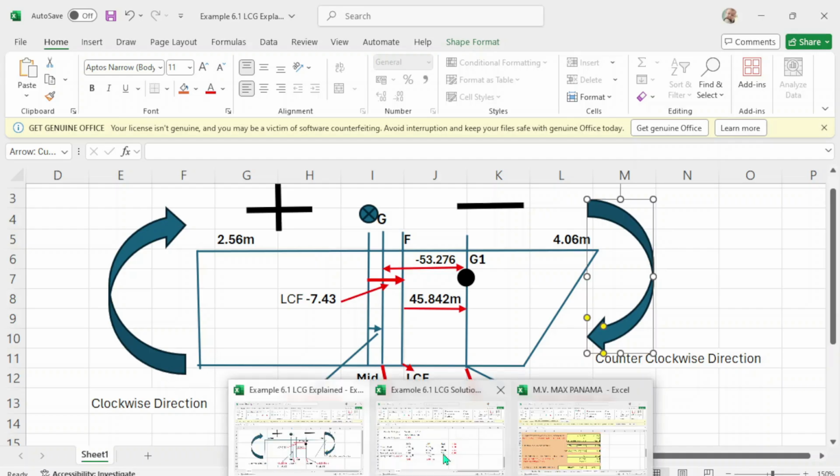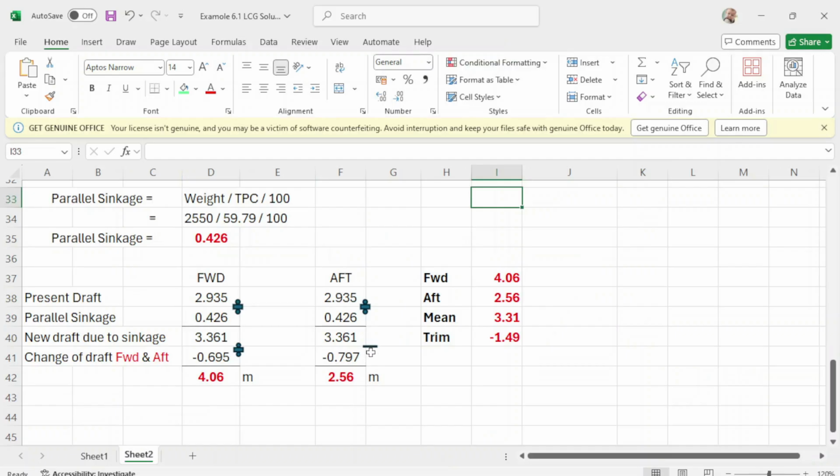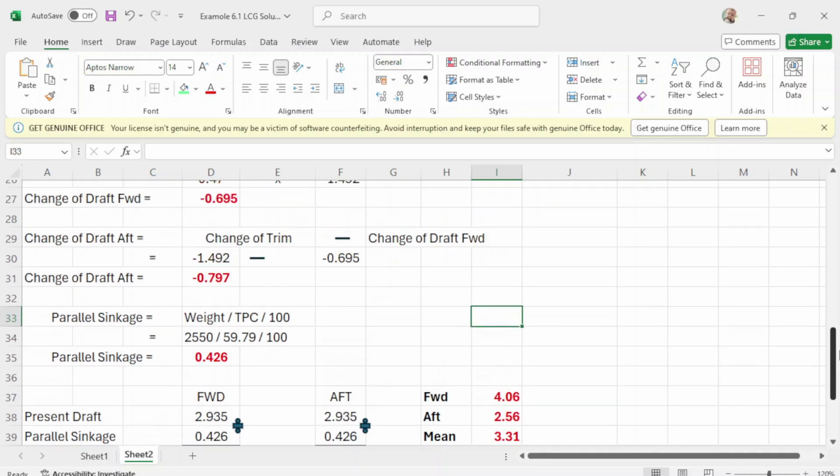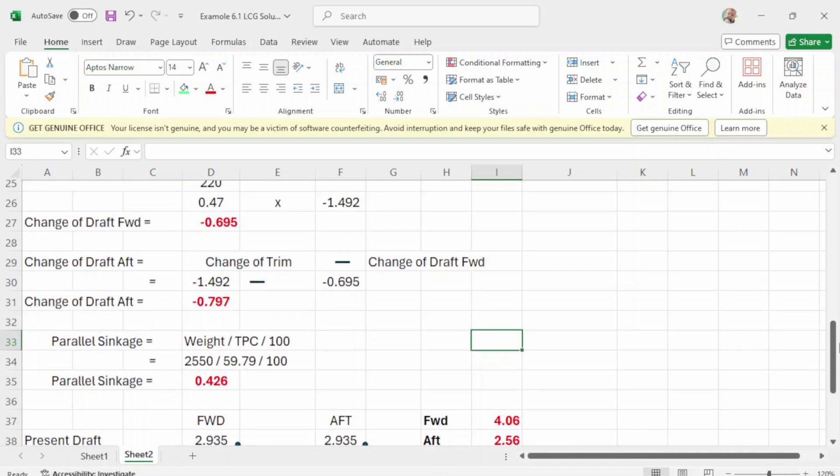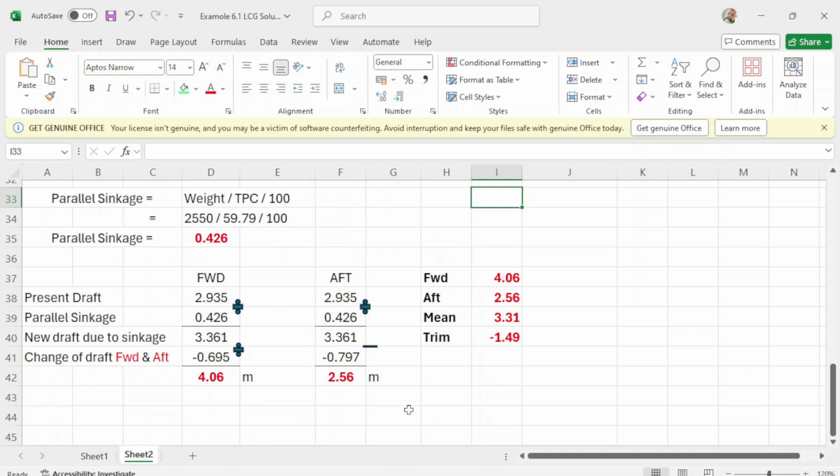So you subtract your up change of drop, which is 0.797, which is this one, and the resultant up will be 2.56. Okay, so you have forward is 4.06, up is 2.56, your mean is 3.31, and you are trimmed by the head because it is negative 1.49.